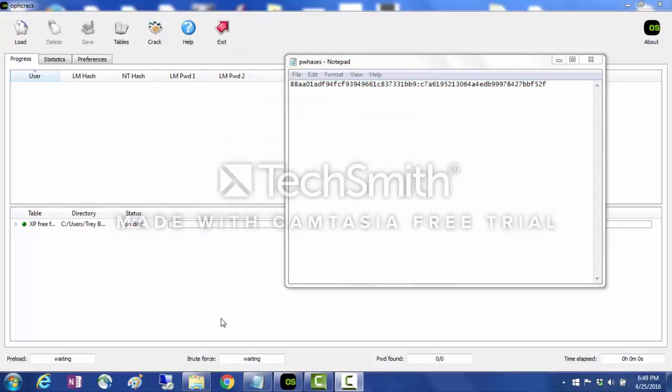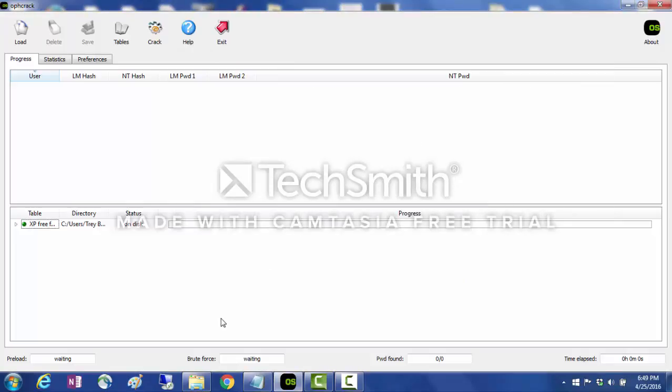In doing this demonstration, I basically used my laptop that I have here. I've got a user on the device, and we're going to run through the process of cracking a password for that user. The premise behind this is if you've got a target machine that you can get your hands on,